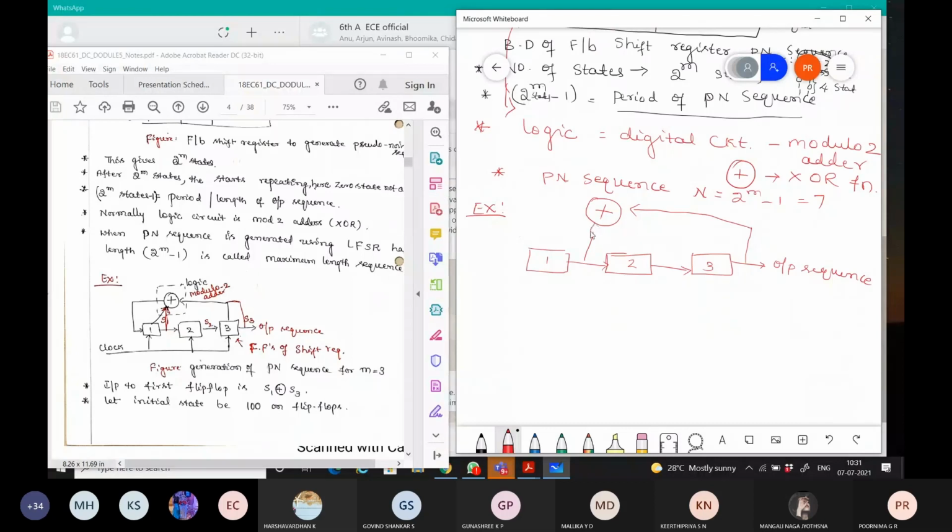Now if you look here, these two outputs are connected, one output from flip-flop 1 and the flip-flop 3 output are connected to the logic circuit, and this is an XOR which is considered to be the logic circuit, and the outputs of flip-flop 1 and flip-flop 3 are connected to have the pseudo